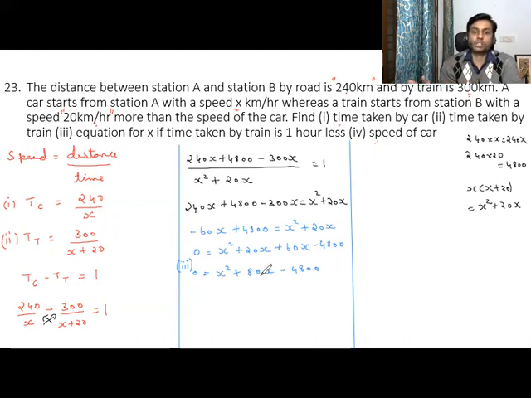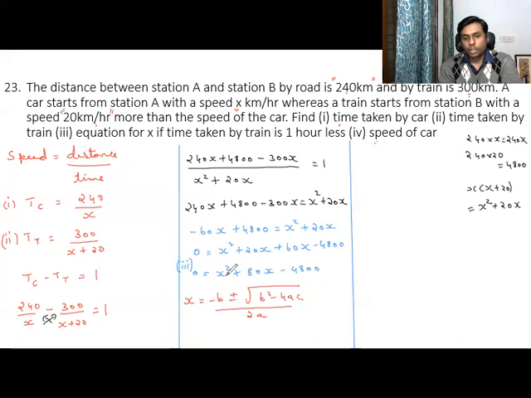That is the easiest way to solve it. It might be a little longer, but the result is guaranteed. But if you use factorization and if it's a fraction, then you will be in trouble. So use the formula: x equals minus b plus or minus root of b square minus 4ac, divided by 2a.